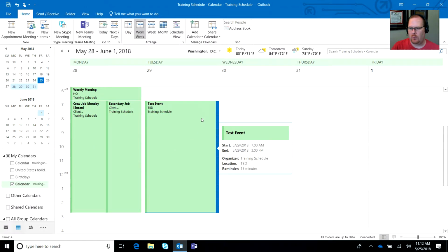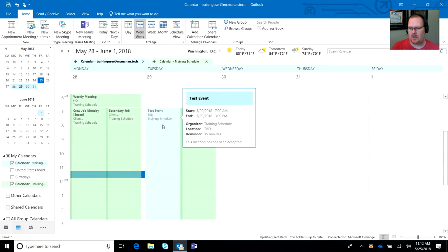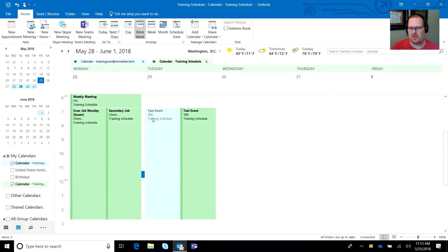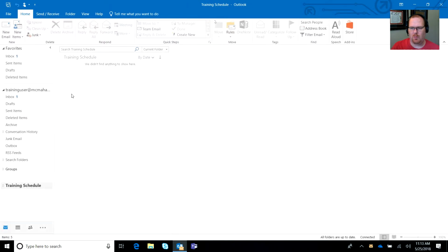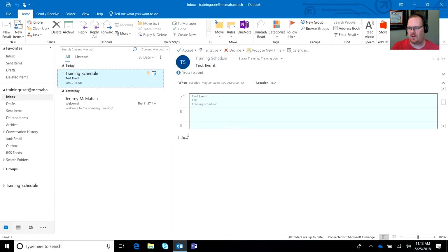And quickly you'll see after a couple of seconds that this user will get an email with a meeting invitation. You can see the new message arrived, and it will automatically put the calendar item onto the calendar as a tentative schedule item. So let me show my calendar here, and you can see it put the test event in with a tentative. The hash marks here mean it's not been accepted yet, but it will still show on the calendar. So if I jump back to the inbox for this employee, you can see this test event,